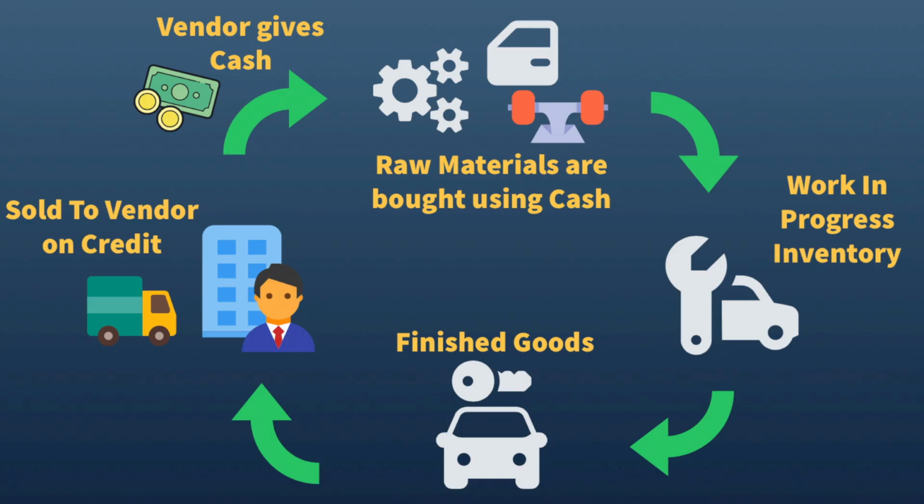Now, practically speaking, you can just understand this whole process in a cycle itself. First, with the cash, you buy the raw materials. The raw materials, when worked upon, become your work in progress inventory. And then finally, once it's finished, it becomes finished good inventory. Then it's sold to the vendors on credit basis, where it becomes trade receivables. Finally, the vendor gives the cash and you buy the raw materials again. Simple logic.